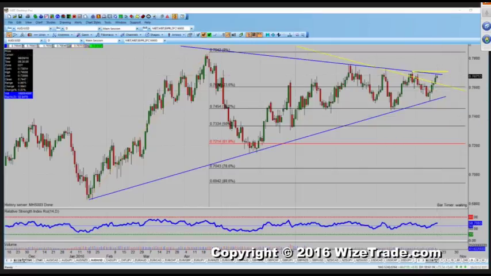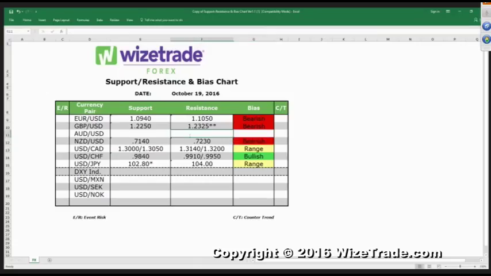I will write down 77.10. Although we are at resistance right now, and I'm pointing to 77.50, which is major, and we're right there. I mean, the Aussie dollar just needs a little shove.